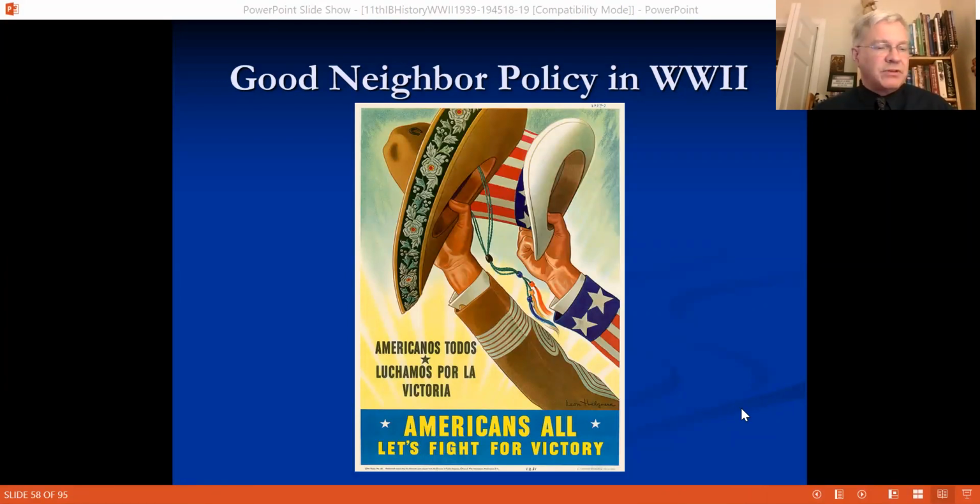So this is the first bullet point. We're talking about hemispheric relationships, hemispheric reactions to the events in Europe, inter-American diplomacy, cooperation, neutrality, Franklin D. Roosevelt's good neighbor policy during World War II. Okay, so what we've got here is we're looking at the Americas. What's going on in the Americas? Obviously, World War II is impacting everywhere, but this particular paper 3 topic focuses on the Americas.